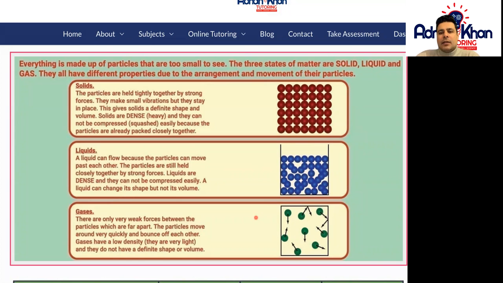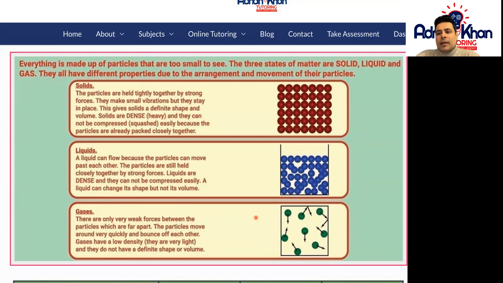Gases, on the other hand, there are only very weak forces between the particles which are far apart. The particles move around very quickly and bounce off each other. And gases have a low density, they are very light in weight, and they do not have a definite shape